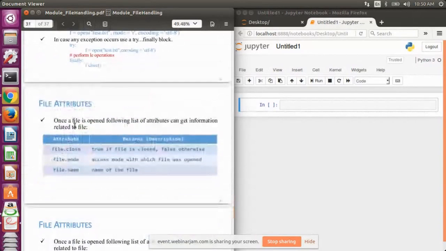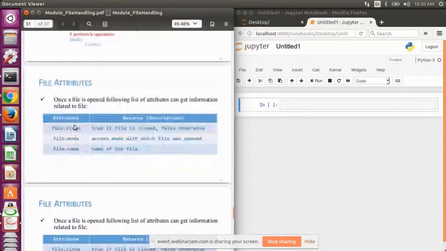Whenever we open a particular file, some particular attributes get attached to our file object. Like closed is an attribute that can be accessed with the file object. The second one is the mode. That means we can print the mode in which we have opened the file, and the file name.